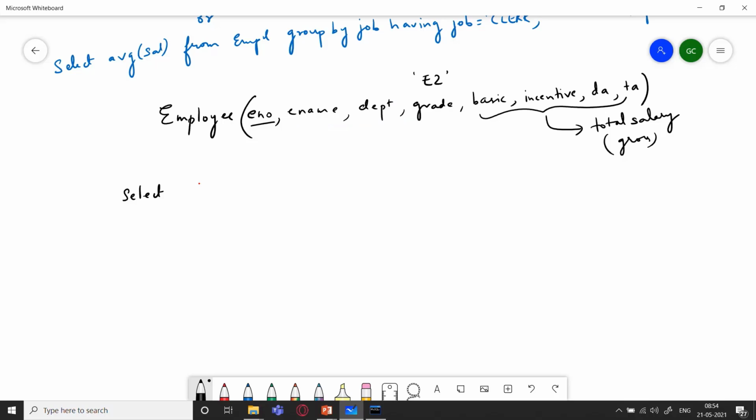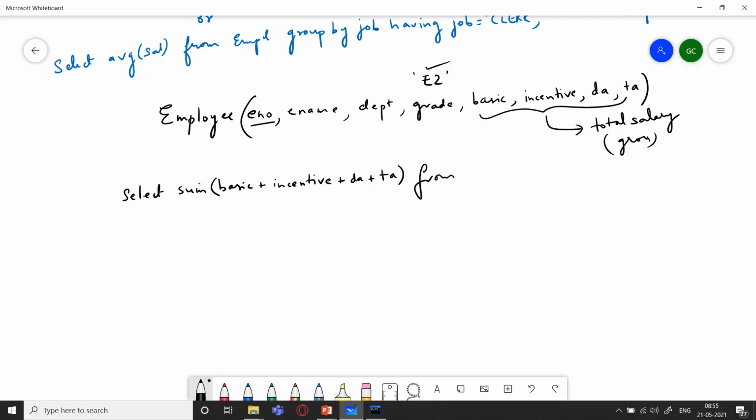Total gross means I have to write sum, and I will write here basic plus incentive, because I have to find out gross salary and there is no column as gross. So I am simply performing a sum total of all these fields, which would help me in calculating the gross, and the sum of all those gross salaries of all those employees who work in grade E2.